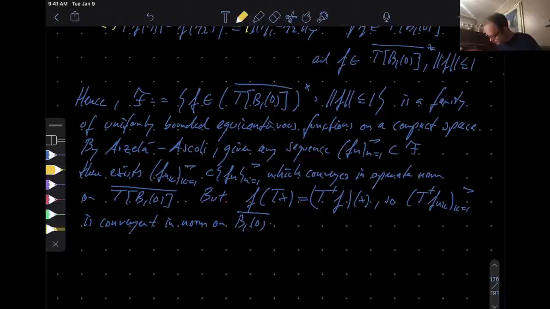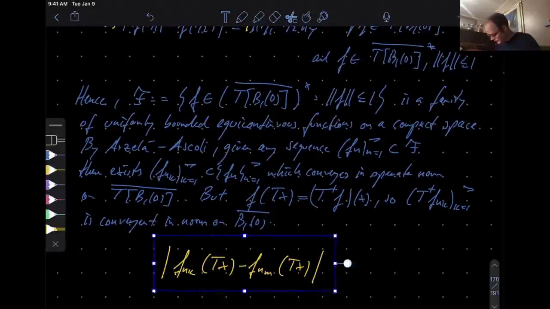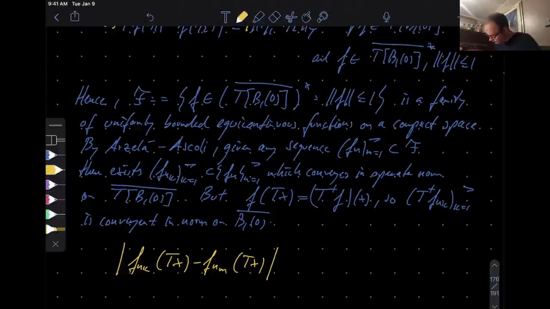You have good control over f_{n_k} acting on Tx, right? So maybe f_{n_m}. It's convergent, so this certainly is going to be Cauchy. This is the ordinary absolute value or complex modulus. And now you have, by definition of the dual transformation, from the get-go, f_{n_m}